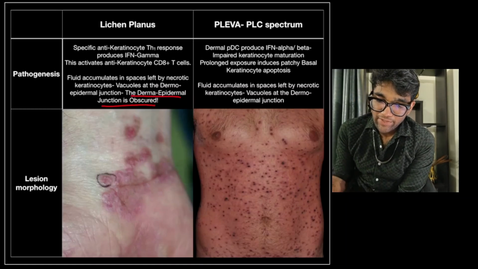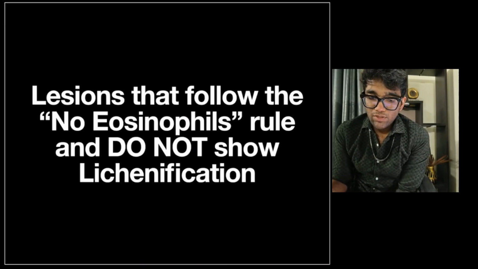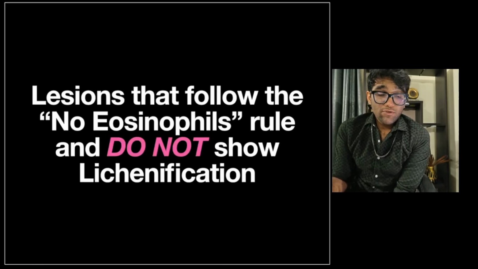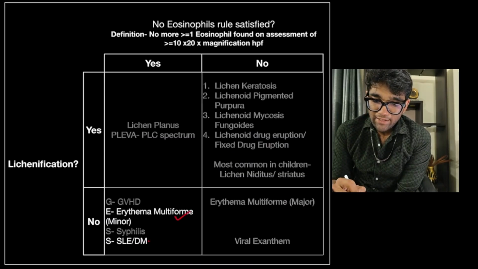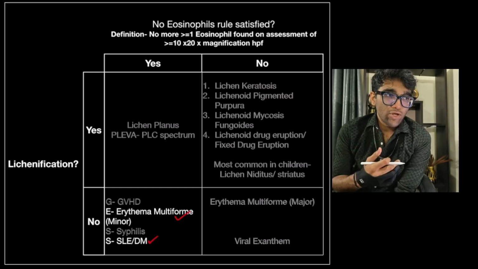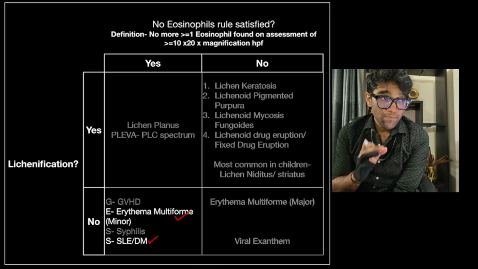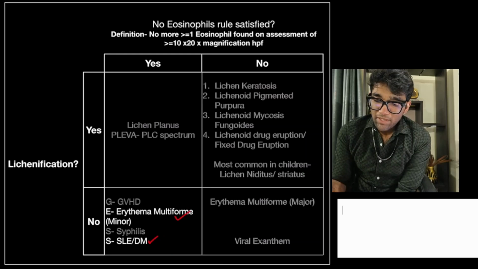Now second, we'll talk about lesions that follow the no-eosinophils rule and do not show lichenification. What these lesions are is your erythema multiforme and your polygenic alpha interferonopathies. Now this is actually the most important subsection of these disorders from an internal medicine or rheumatology perspective. Now erythema multiforme,